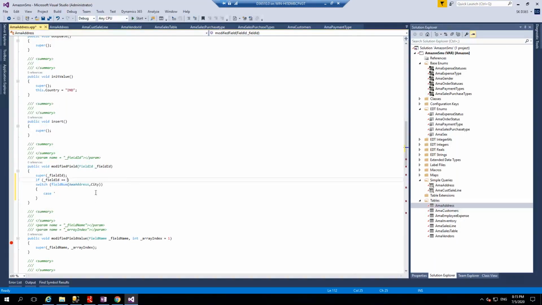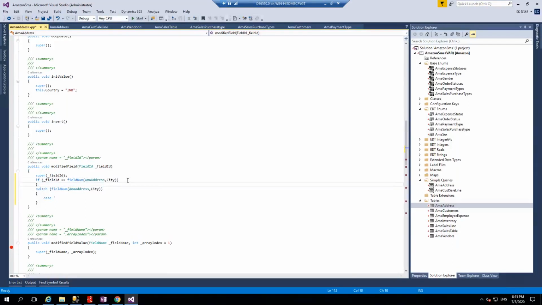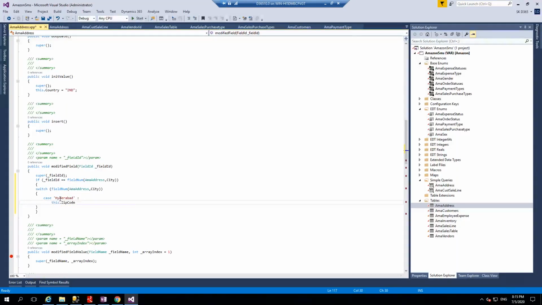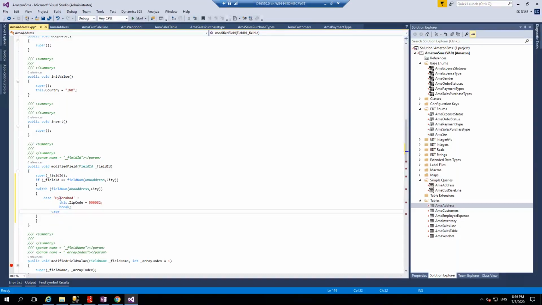I don't want that to happen. So what I want to do is, if someone is trying to update the city, then only go inside the switch. Okay, and I will say Hyderabad. If city is Hyderabad, then I will say this dot zip code equal to 50082. I am directly setting it up. Okay, and you can say break,